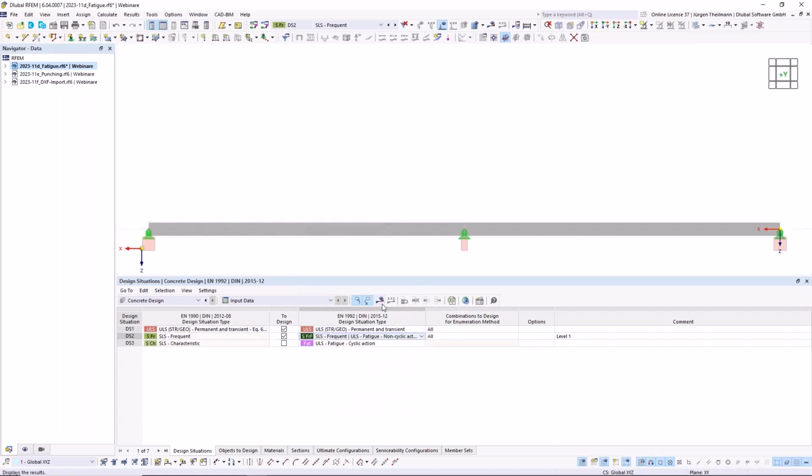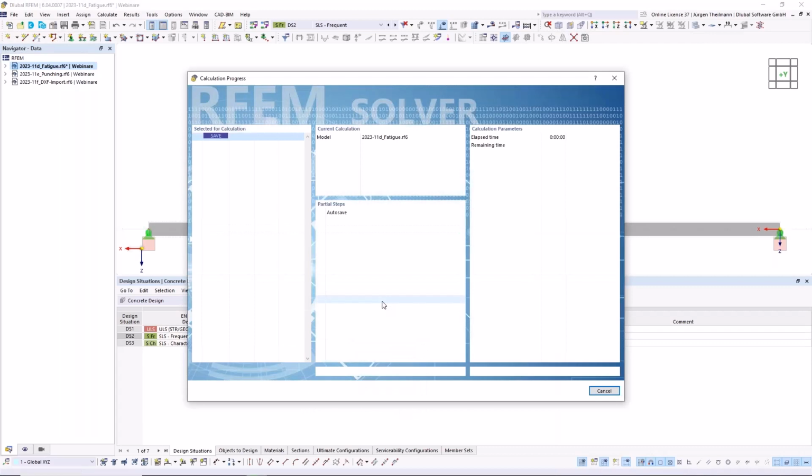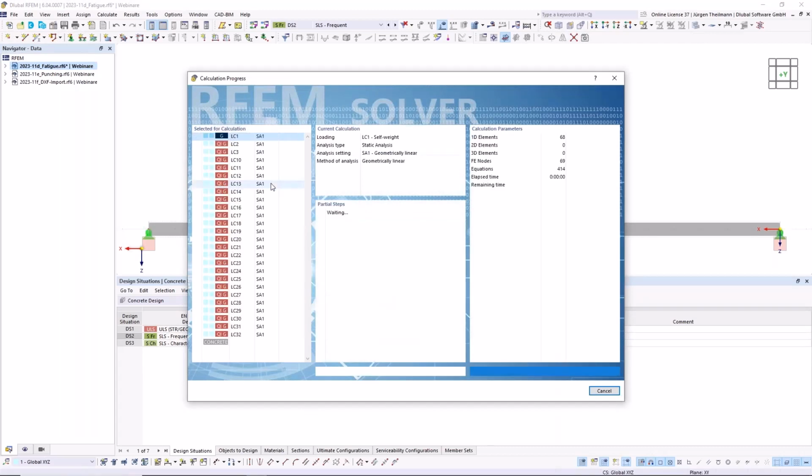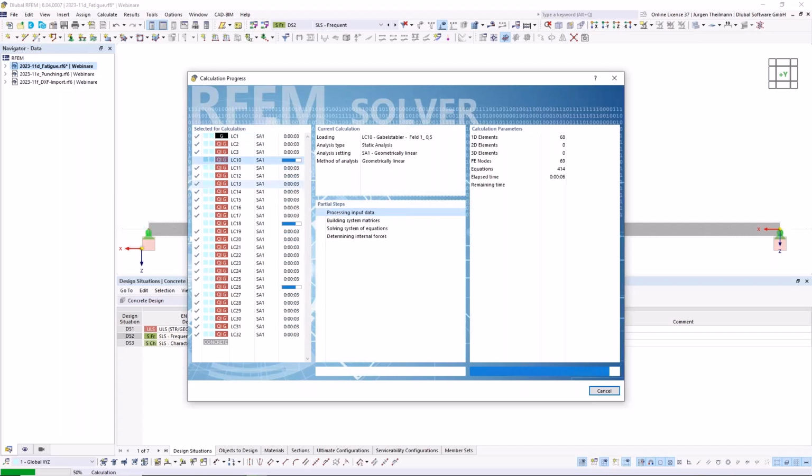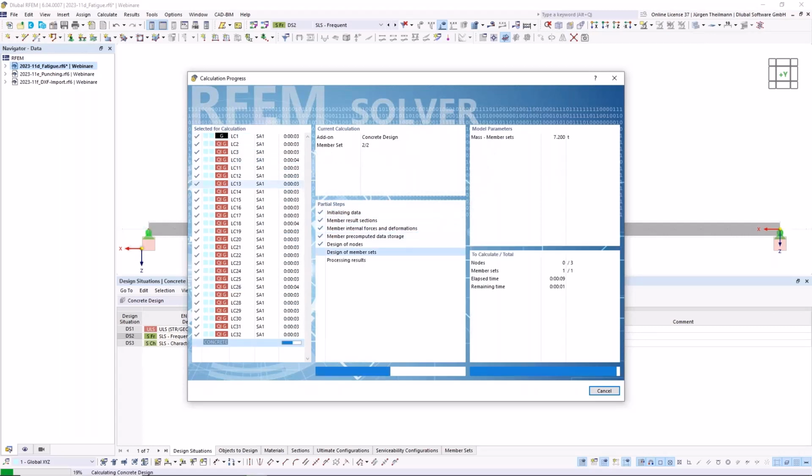So that's the one we need for level 1. I start the calculation and you can now see that the program is running all the load cases simultaneously, all at once. And now it's performing the concrete design.